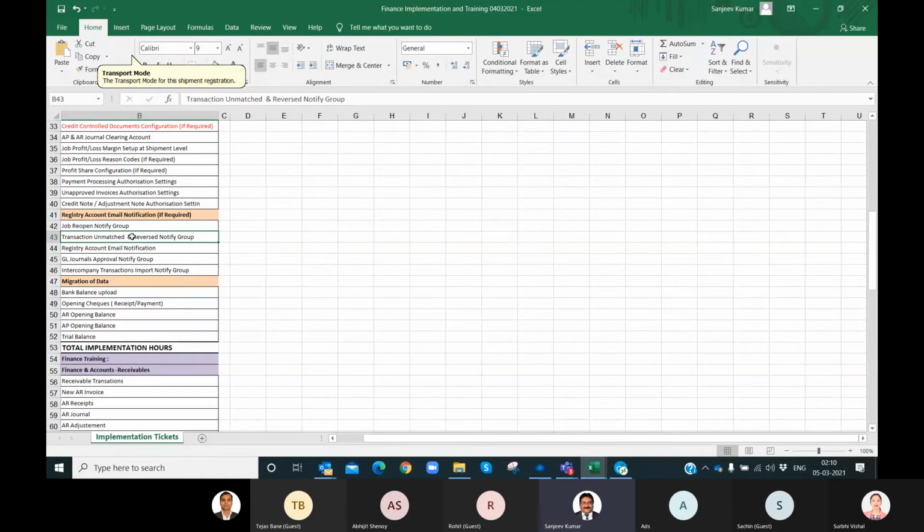Now comes migration of data. For migration of data, you will have to give it in a specific format which we will share with you. Those formats will be CSV formats, and in that format you have to give opening checks, opening AR balance, opening AP balance, or trial balance.